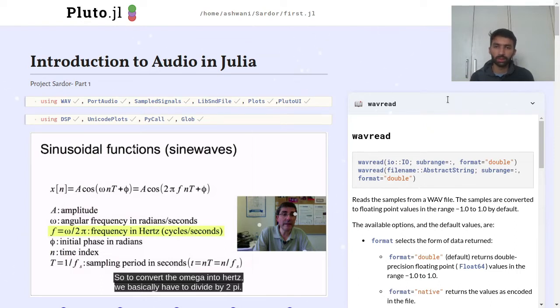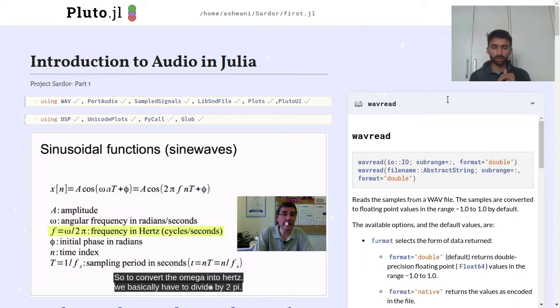SampleSignals helps us to work with PortAudio, and LibSndFile allows us to save those audio inputs to files other than Wave, also Wave, but it provides many more options.